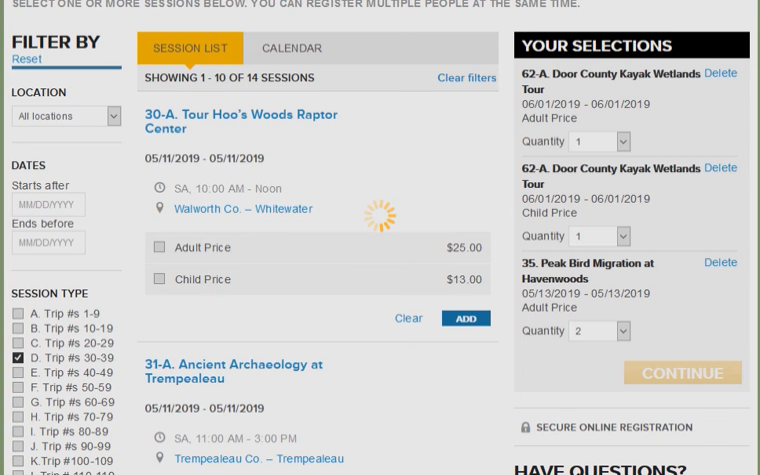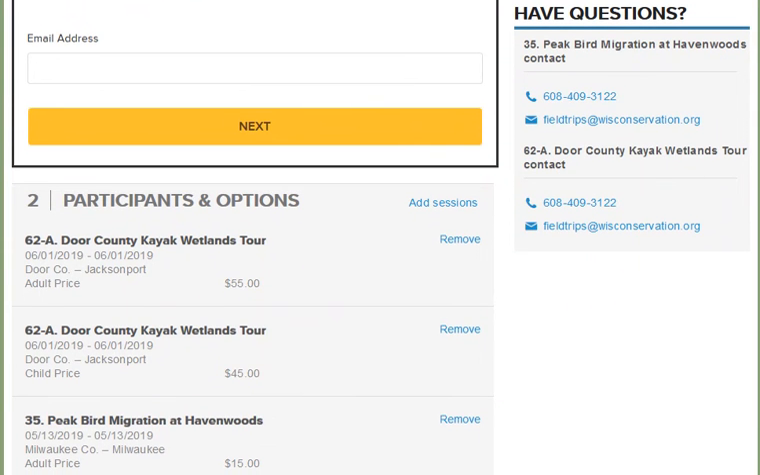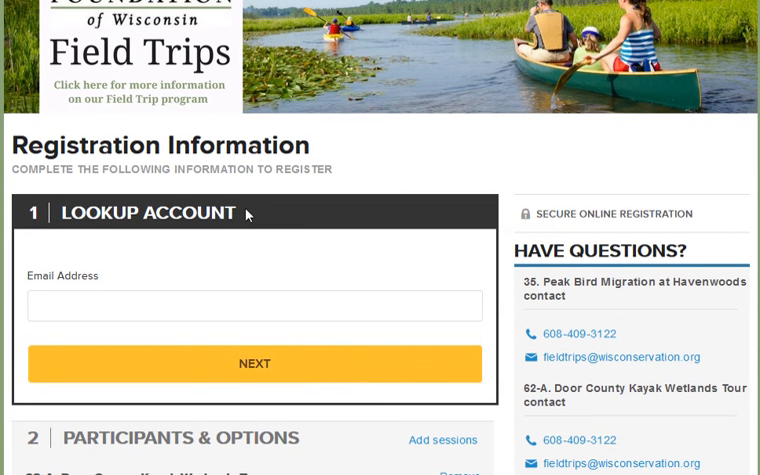Press continue. Now this is where it's going to get a little bit different than what you've seen before. Here it's going to say account lookup. This doesn't have anything to do with your membership, nor does it have anything to do with the member code on the back. So you're going to put in your email address,